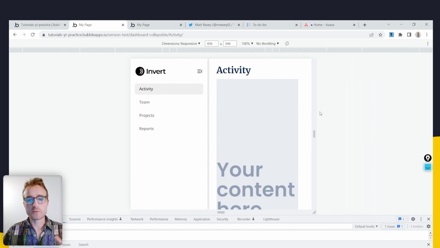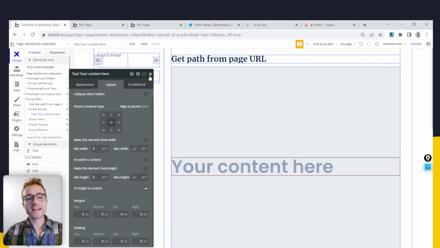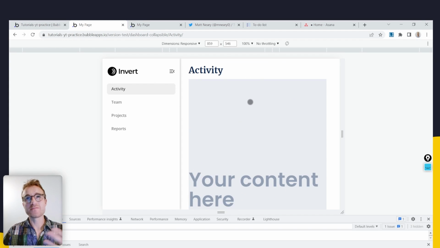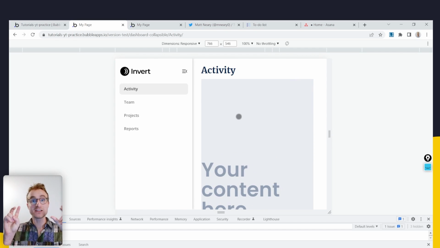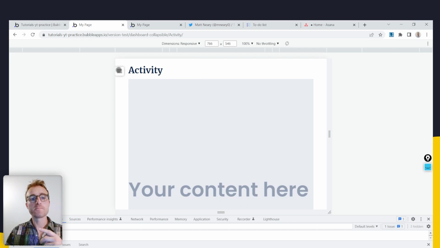So how do we get this behavior to work? Well, we can have an event kick in, which is going to trigger the custom state, sidebar is visible, whenever the page gets below a certain page width. Remember, we already have the traffic light, so to speak, set up. And we've also set up a way to trigger that traffic light. To trigger it from green to red, we can click on these buttons, these little icons. But there's another way that we can trigger this traffic light. So we have to set that up. And that other way is, of course, when the